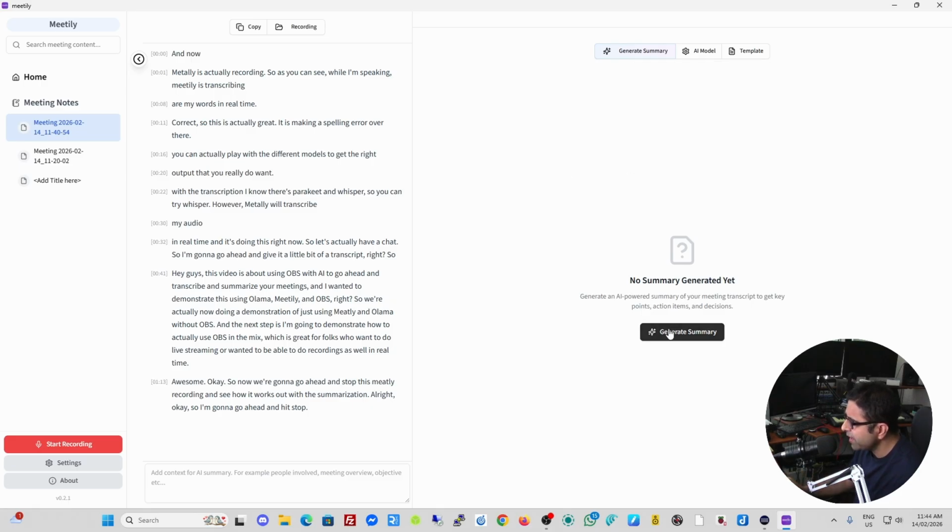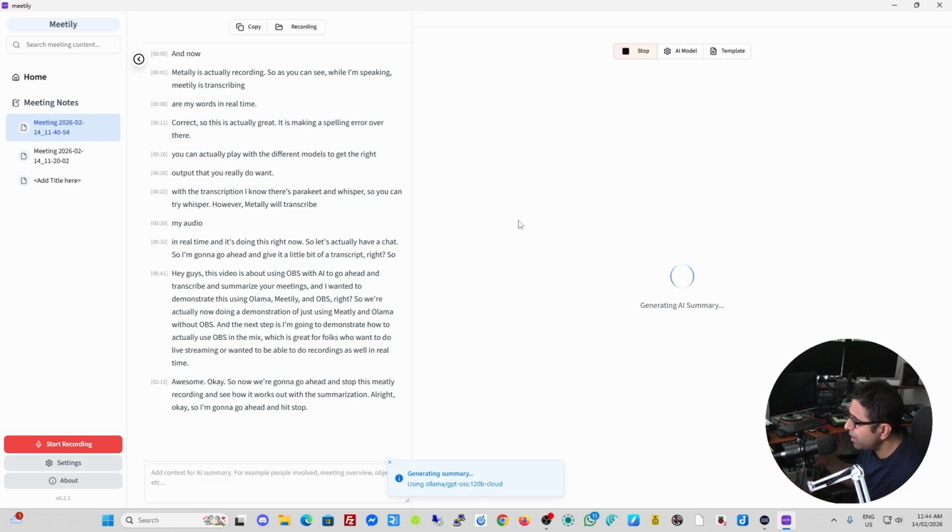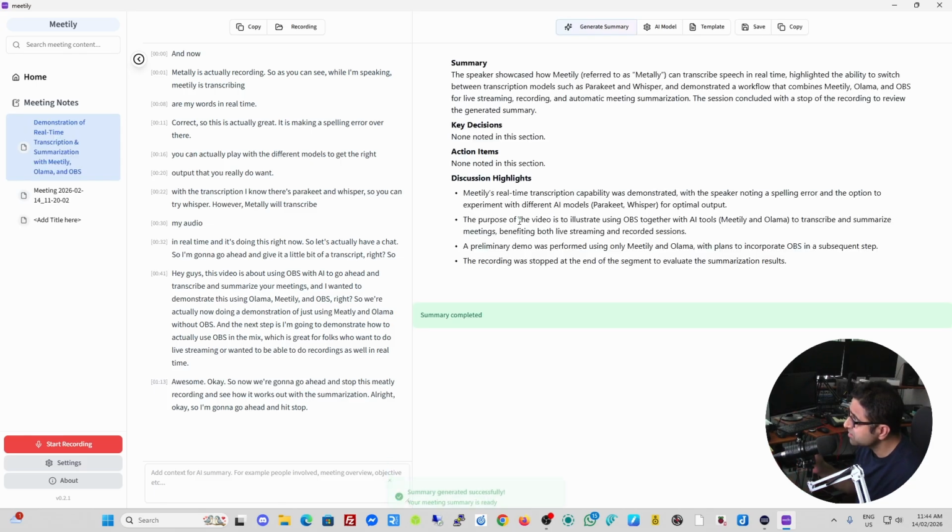And then you can just go ahead and say generate summary. And now it's going to use Ollama Cloud to generate my AI summary of my script. There you go. Beautiful. So now the summary has been generated. So as you can see, it's providing the summary of what we are talking about, key decisions, action items,